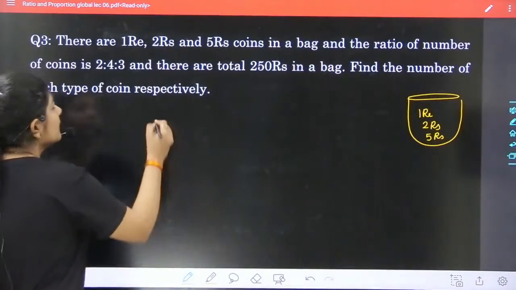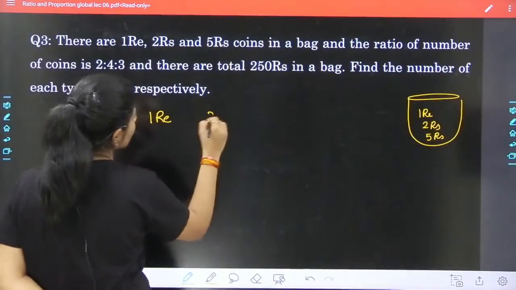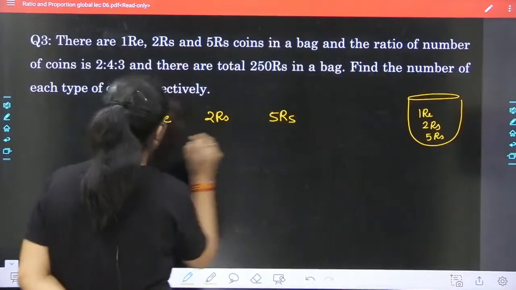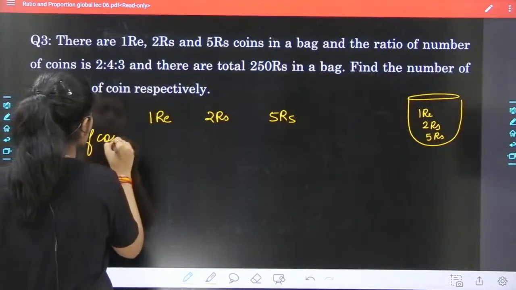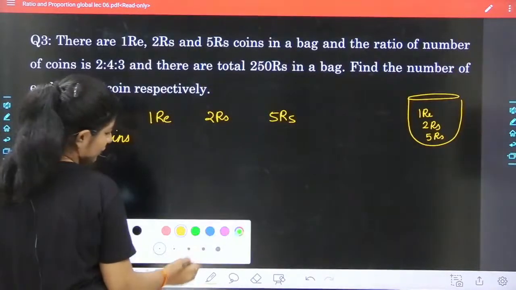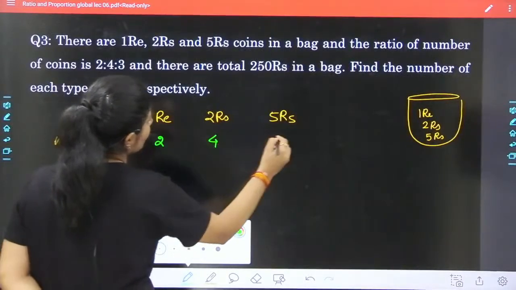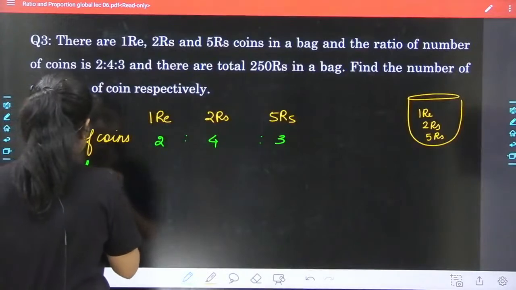I'm having 3 types of coin: 1 rupee coin, 2 rupees coin and 5 rupees coin. If I talk about the number of coins, they are in the ratio 2:4:3. If I calculate their values,